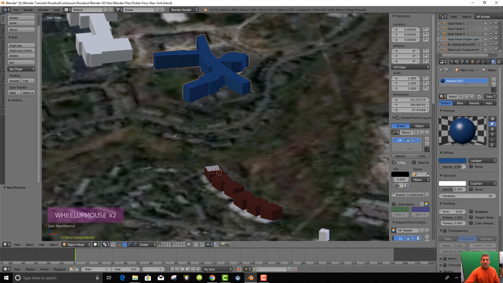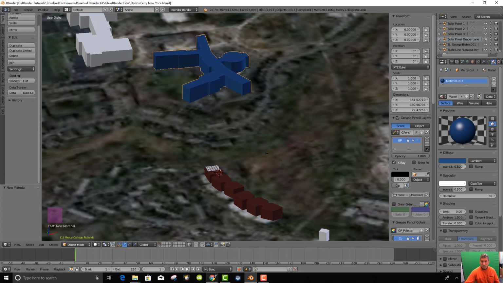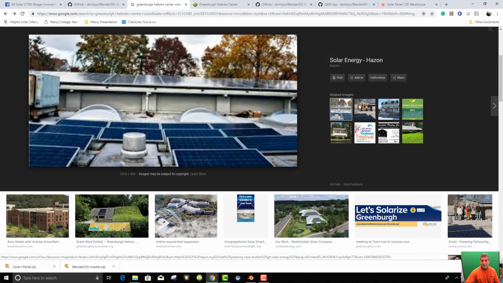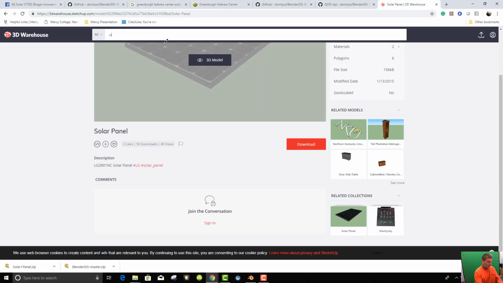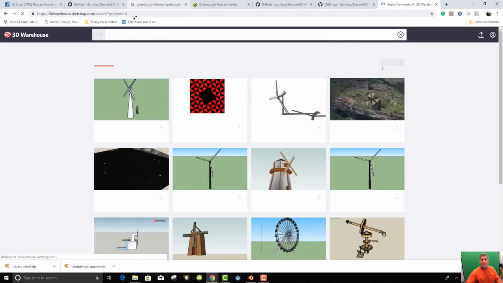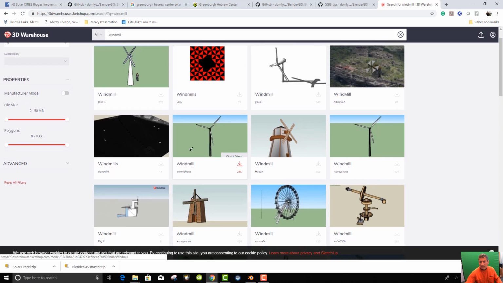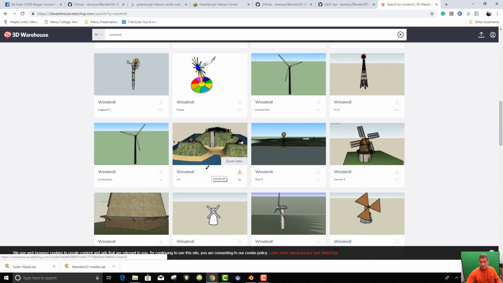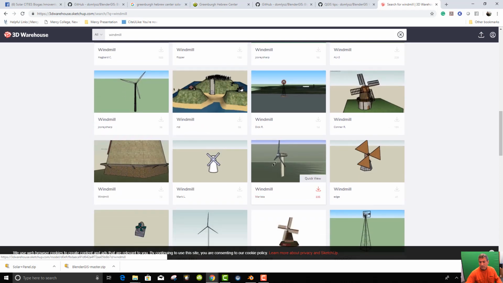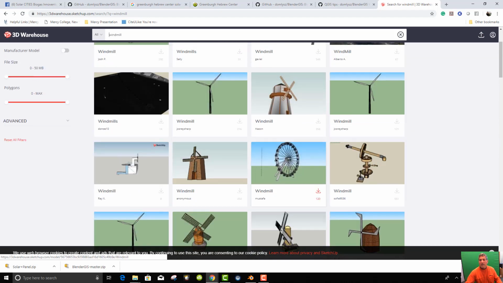And what we'll do once again after saving is we will go to 3D Warehouse and type in windmill. And there's several different kinds. This one here is kind of interesting. That's a sort of traditional one. Windmill, windmill. This one looks good. Although actually,